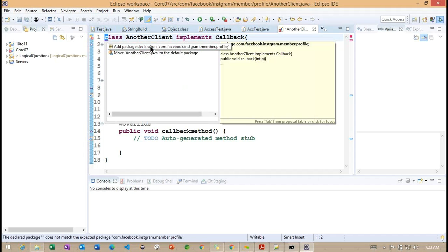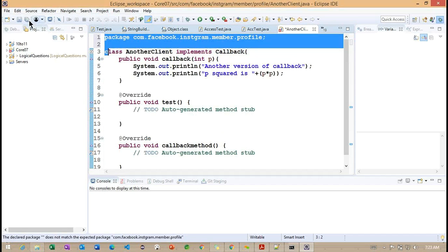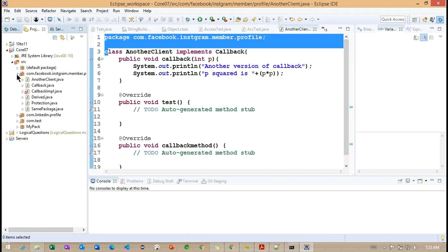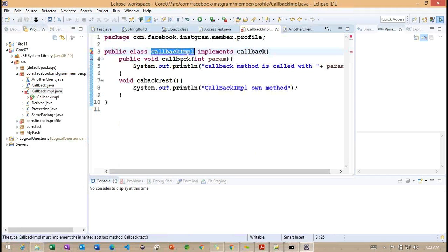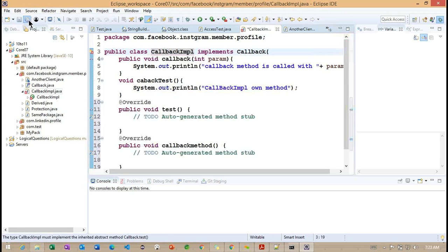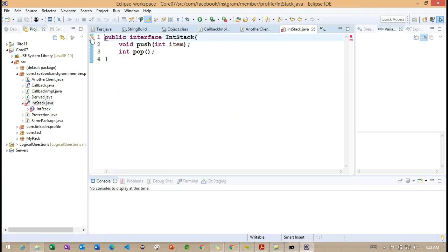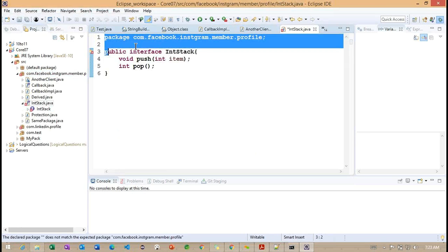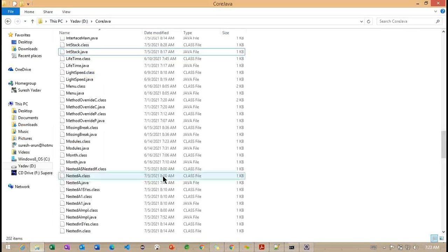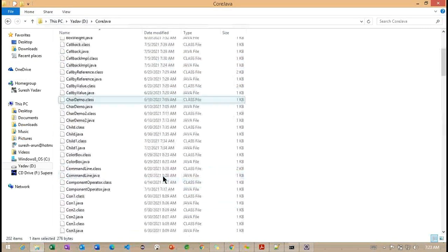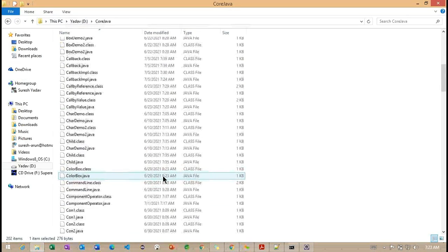While running another example, we may get this particular error here. Okay. Now you can observe here, I'm trying to paste this particular class into int stack here. So this is our int stack here. Let me move this particular class under this particular package here. And finally, we need to go for the fixed stack class.